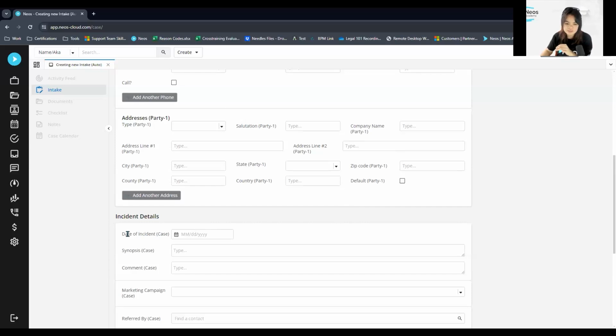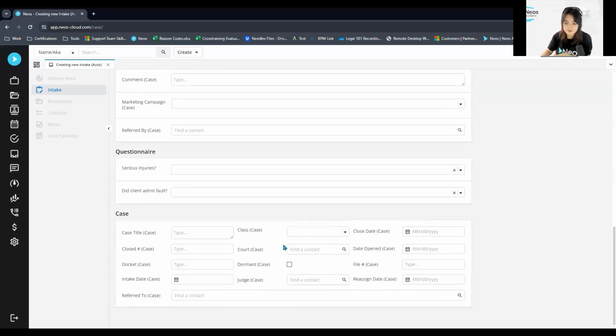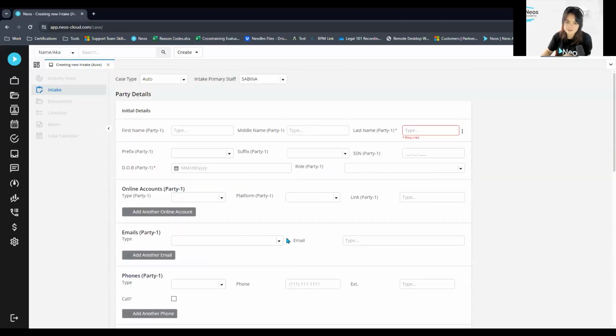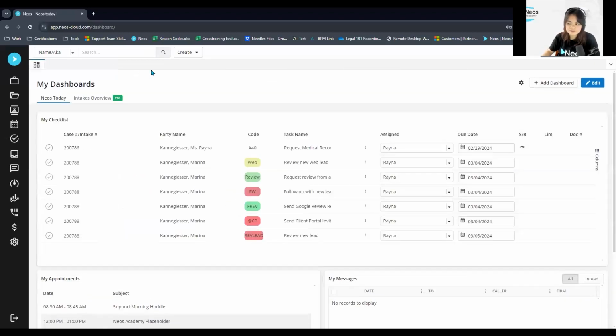You also can see that there's parentheses with the word case in there, and this will definitely vary based off of how your admin has your intake layout set up. So I'm going to go ahead and close out of here, and we're going to, actually, let me open up